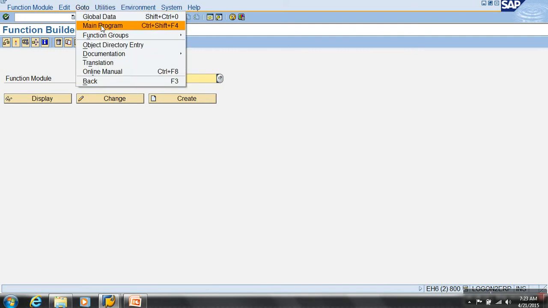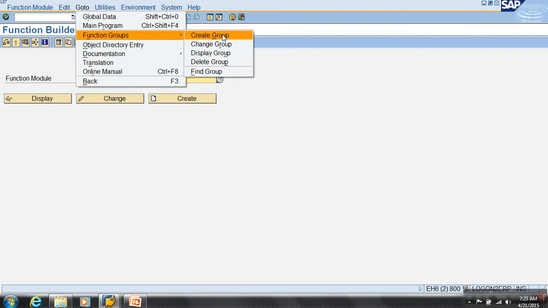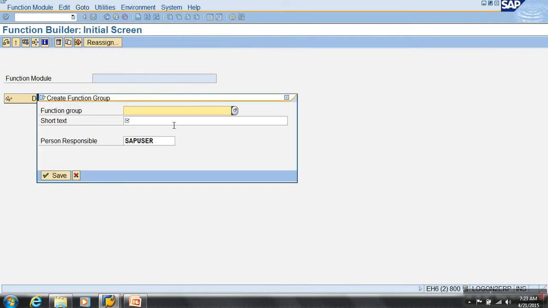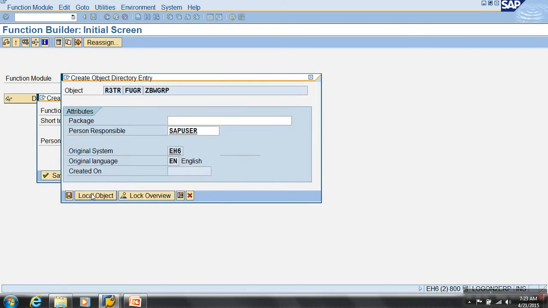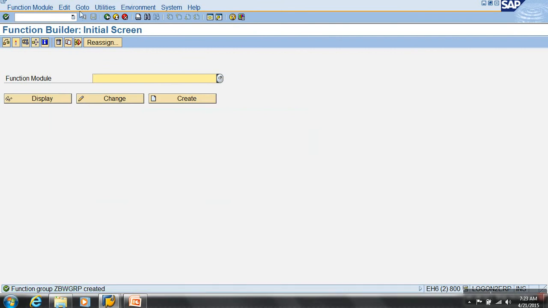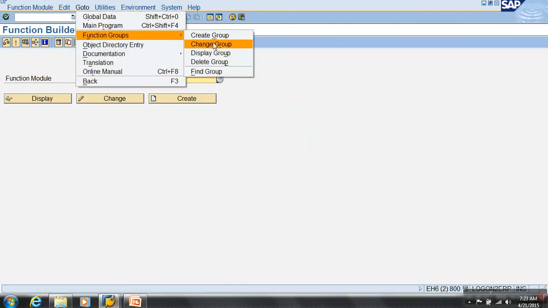You know how to create the extract section, that is fine. So you go to the function group and say create group. I would say ZBW. Say save. Now again I'll go to change of the group.